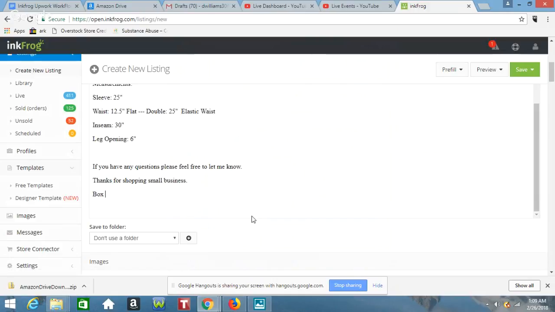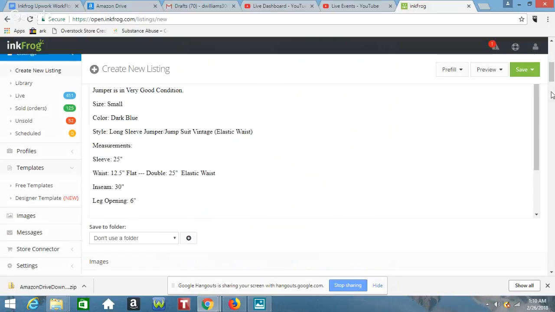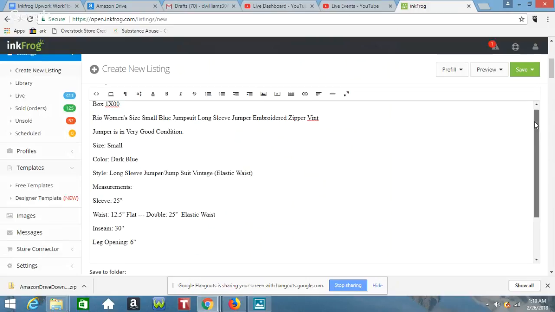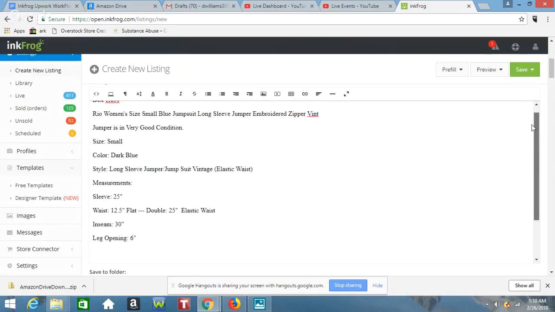Location again, X00, just to make sure. I like to put it in twice. I like to put it in everywhere, so I know where it's going. So obviously it's at the top, and then I like to put it in, it's located at the top. Again, you got the title, you got the condition, you got the size, you got the color, you have the style,